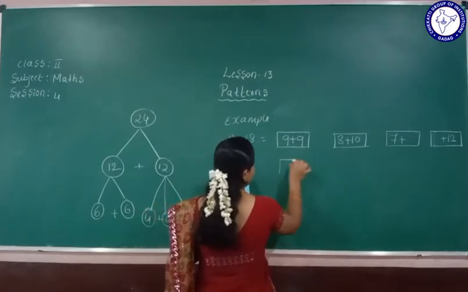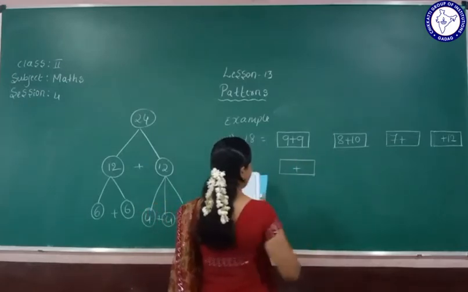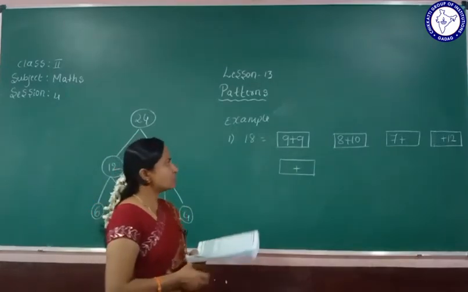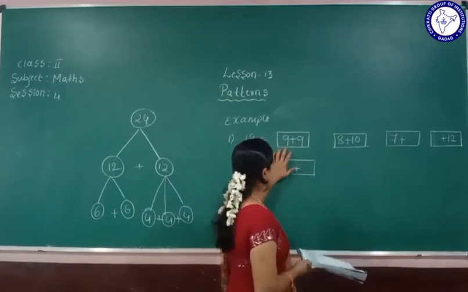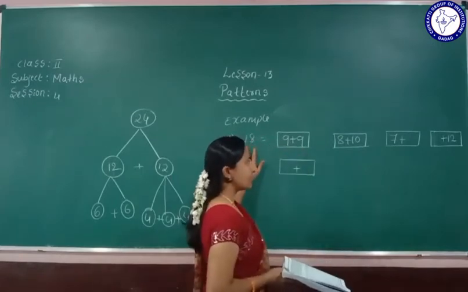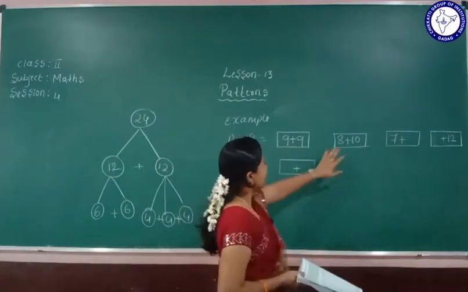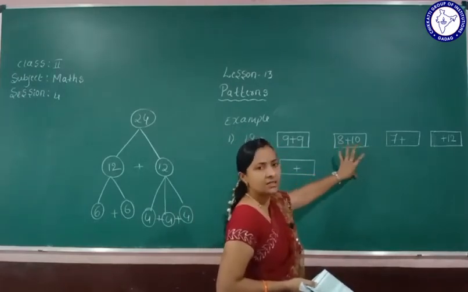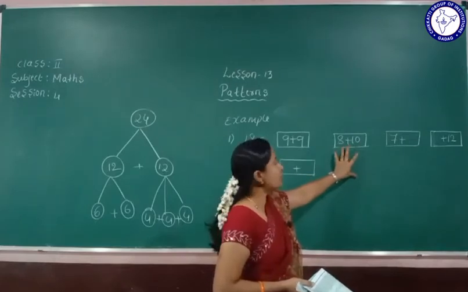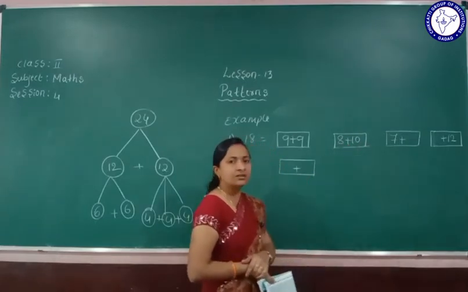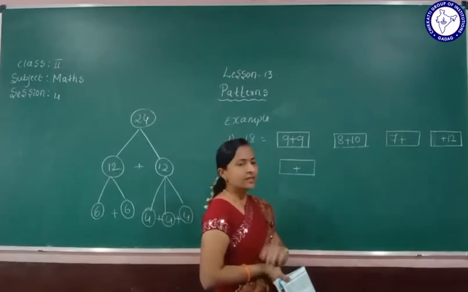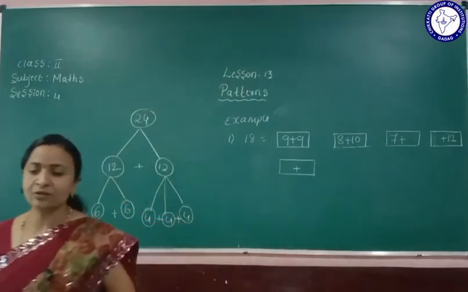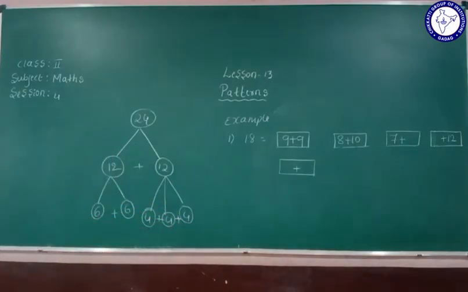Another one. So empty is given. How much number do we add to these numbers? Yes. So the first one is already given, 9 plus 9 is 18. Okay. Understood this one? 8 plus 10 is 18. Yes. So the next number is already given here. 7 is given here. So how much number do we add to 7? Yes, how much number do we add to 7? So we get the answer 18.